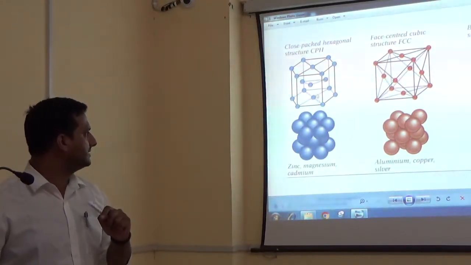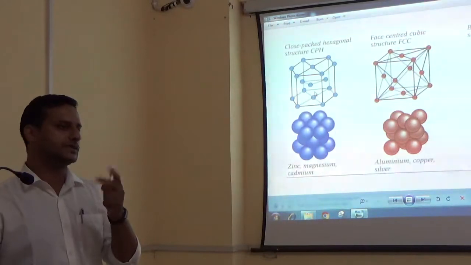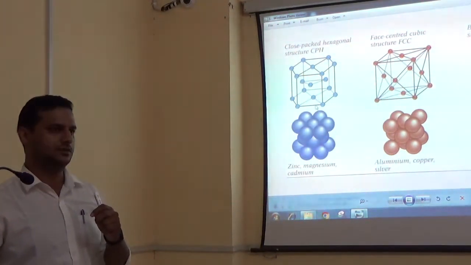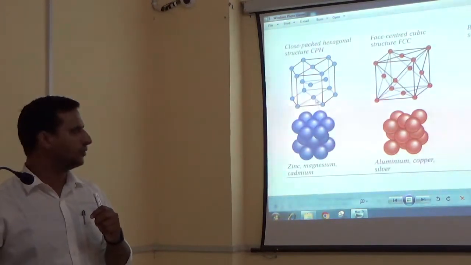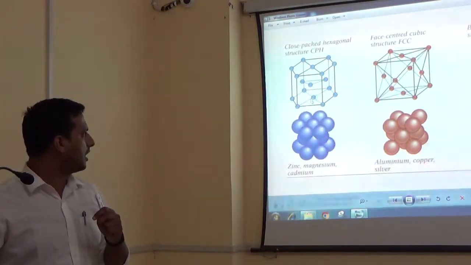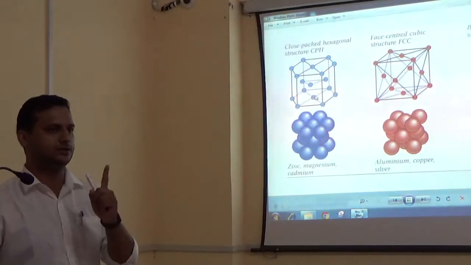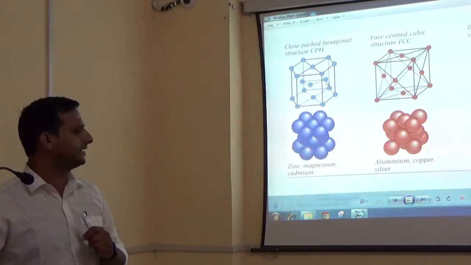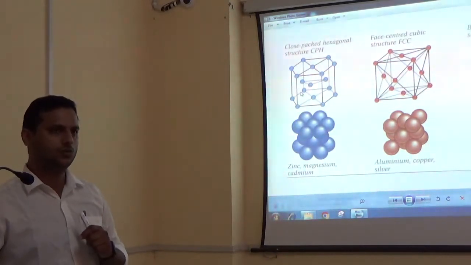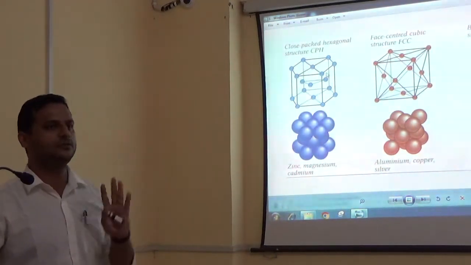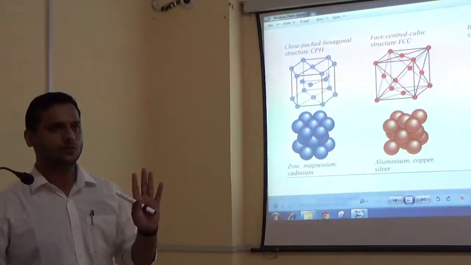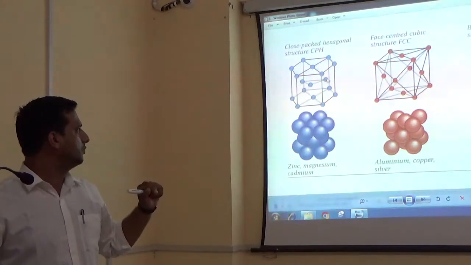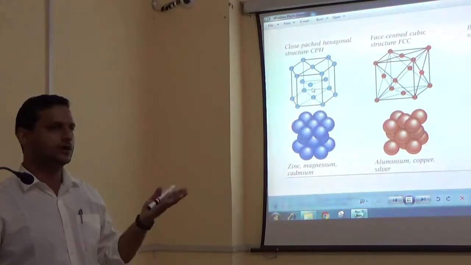And this centralized atom is shared by 2 unit cells. One is for itself only, and one that exists at the lower unit cell. So this half atom is shared by a single unit. Then further in the vertical direction we found that there are 3 atoms, yes or no? Okay, and these are not shared by another unit cell. The owner of these atoms is only this unit cell. It is not shared by another.